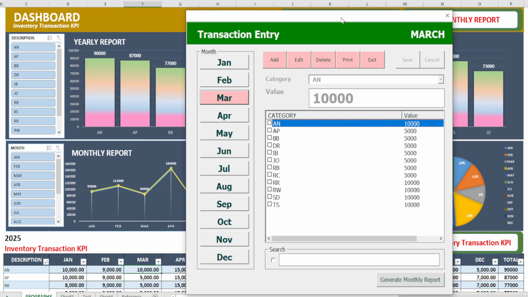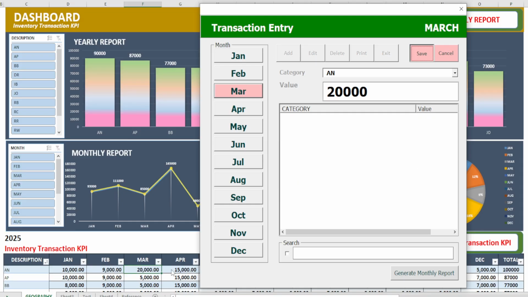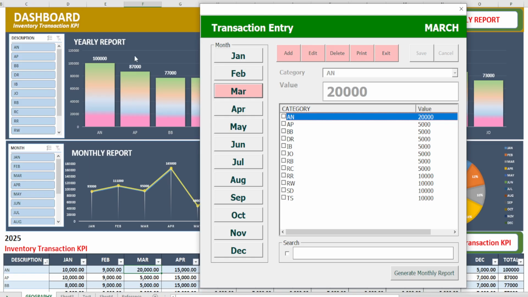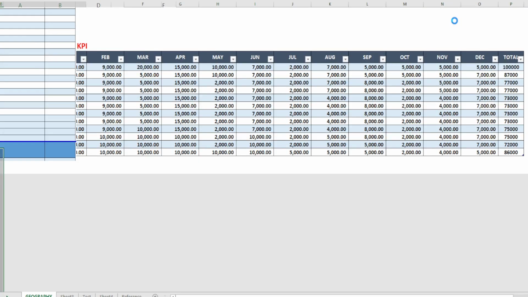Let's say, for example, I want to change this adjustment negative into 3000, then save. So the information is also changed as well as the graphical information. Then let's generate the monthly report by clicking this one or either this one. So let's go. Let's wait for a while until the process is completed.